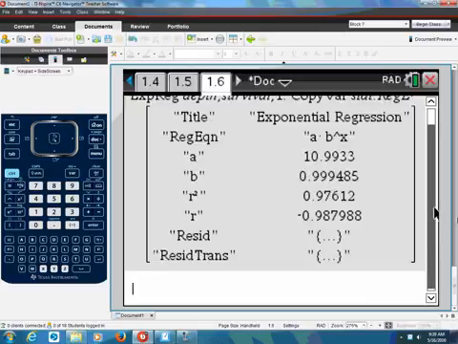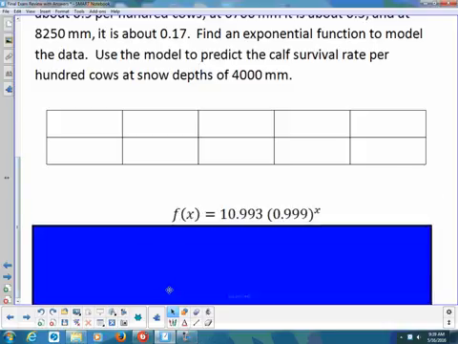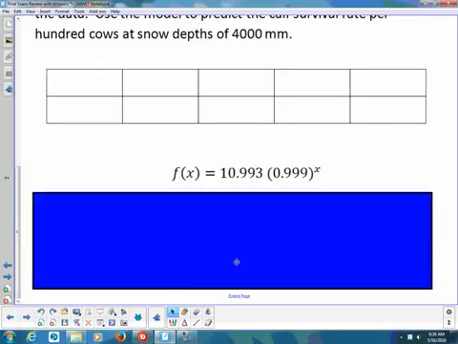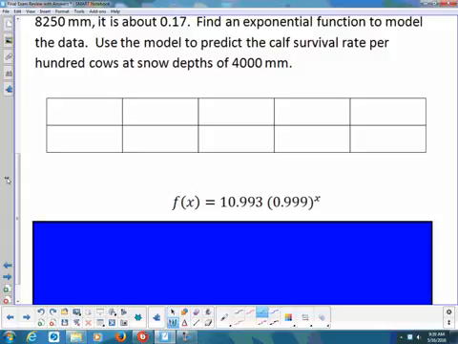Okay, so here's the model that I'm getting. I have A is 10.99. The B here is 0.999485. So my answer for this problem should be 10.993 times 0.999 raised to the x power. Something like that? Okay, and then it asks the follow-up question, what about if the depth is 4,000? So you get a choice, you can either plug in 4,000 right here,